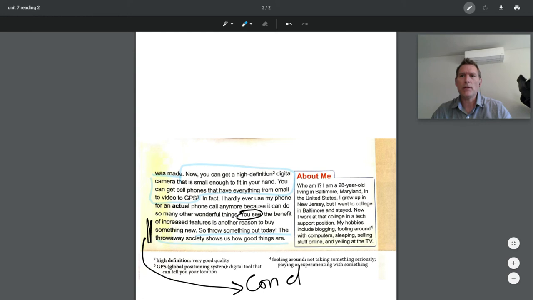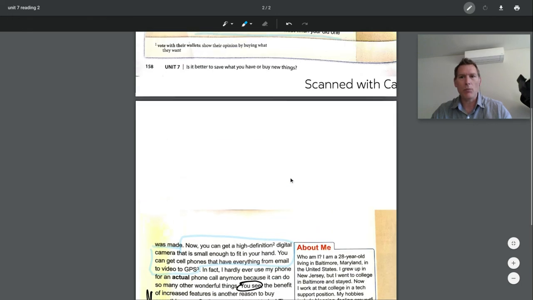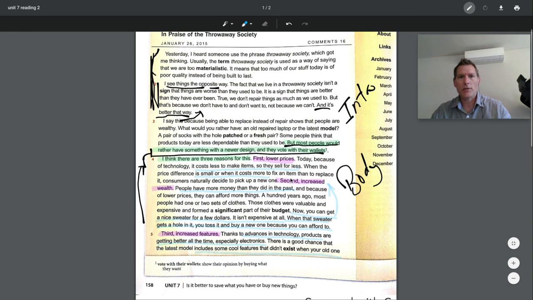So what was really good about this reading is that even though there were paragraphs, it didn't help us like before. We really had to think about the purpose of a thesis, the purpose of a topic sentence, and the purpose of a detail to find them. They still came in the same order, but they weren't how we liked, right? So we have background, thesis, topic sentence, detail, topic sentence, detail, topic sentence, detail,